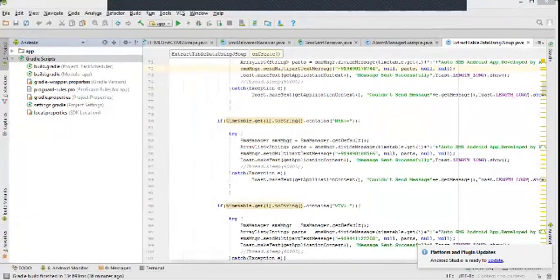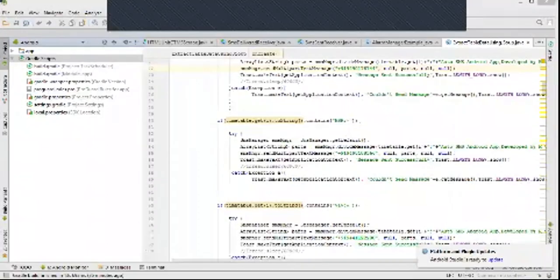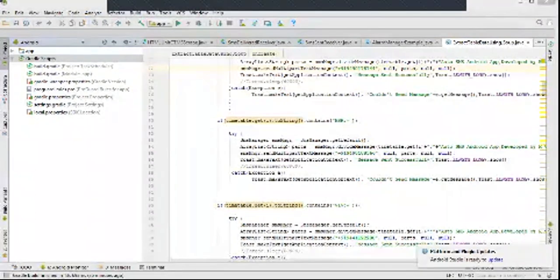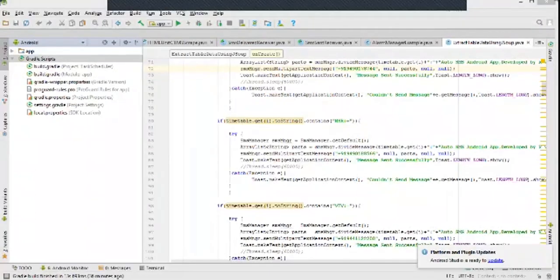Screen not clear. Sanjay, can you increase the font size? It's not visible clearly. Zoom the screen. Okay, okay. So first I will take from the menu, then I will zoom it, sir, once I write the program. Okay.